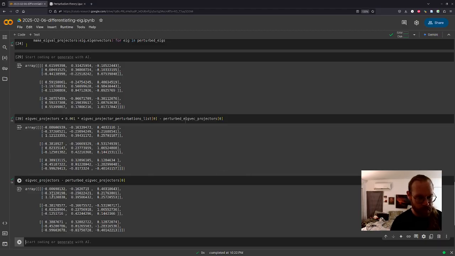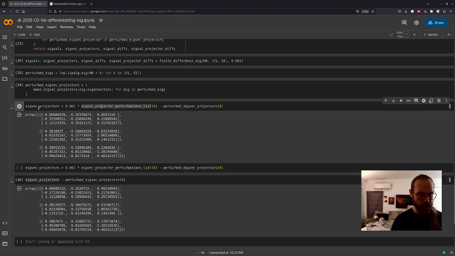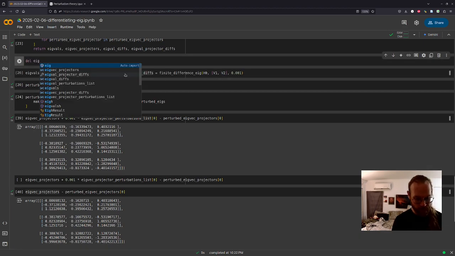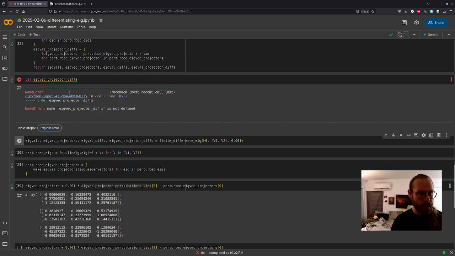These are both different, but I'm guessing that what's going to be closer is when we do the finite difference version of this, which is this eigenval projectors, eigenvec projector diffs.